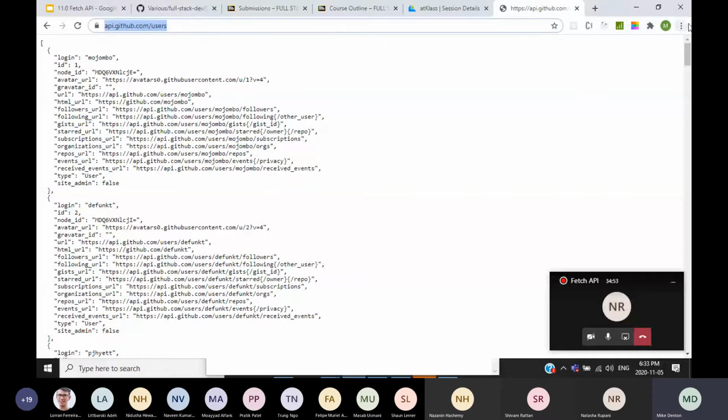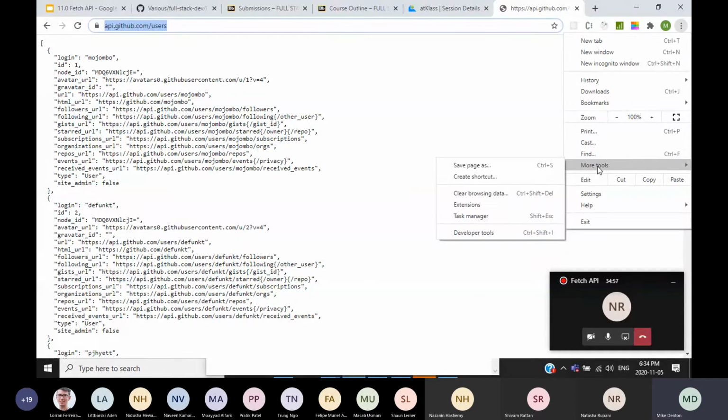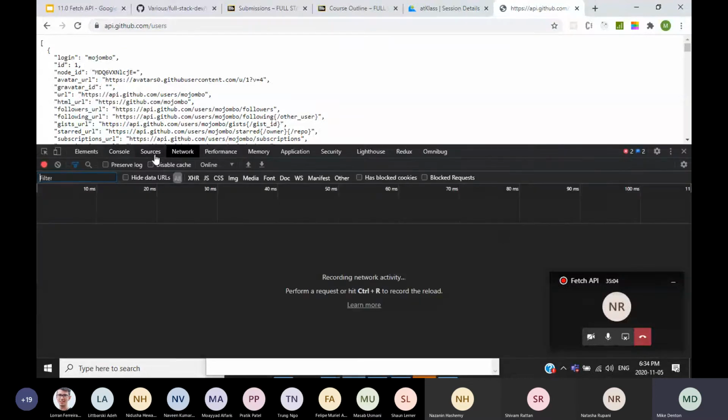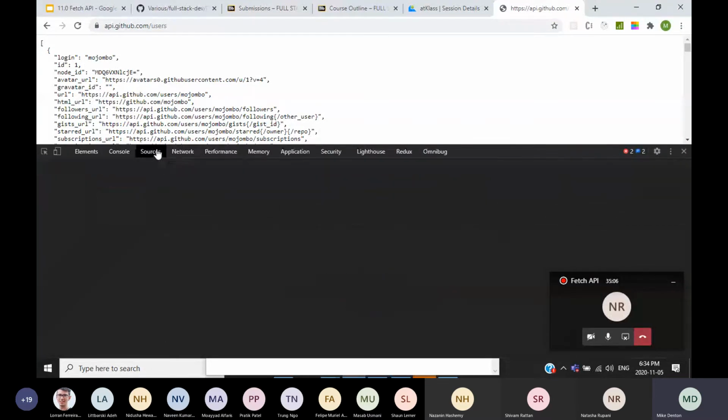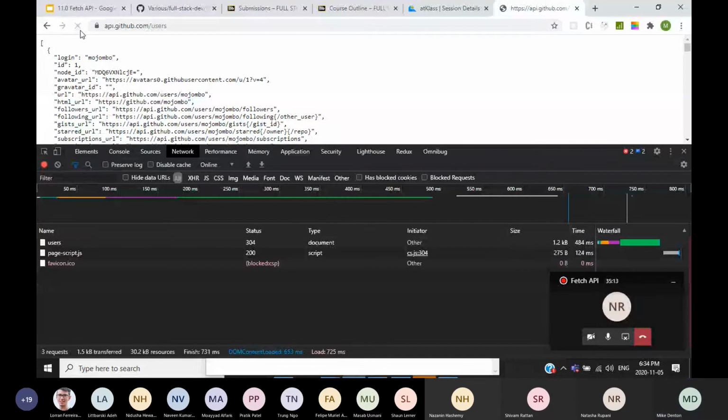It didn't request anything. Okay, so this is another thing we need to look at. If we were to look at fetching or making requests, go to developer tools. We have this network tab and we've never used it before. This network tab deals with all of the requests going out. So if I refresh this, you'll see a bunch of stuff happen. You'll see it tries to grab some images,